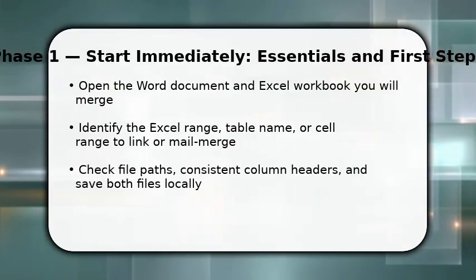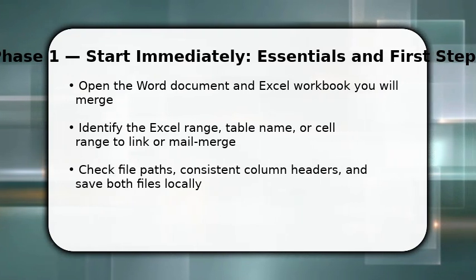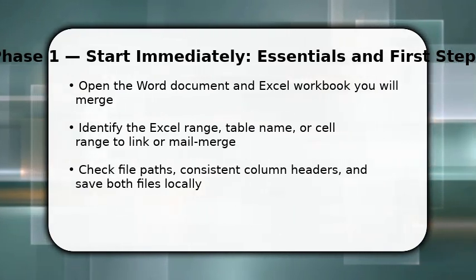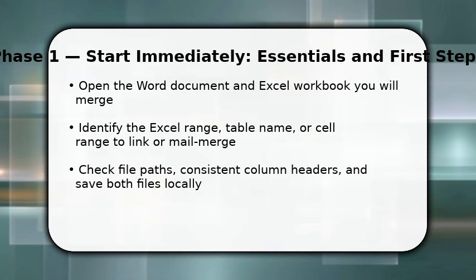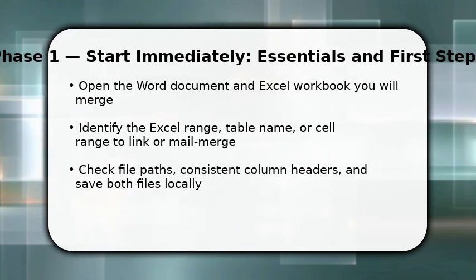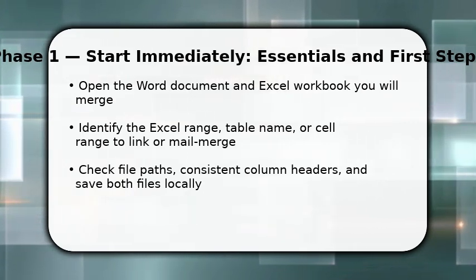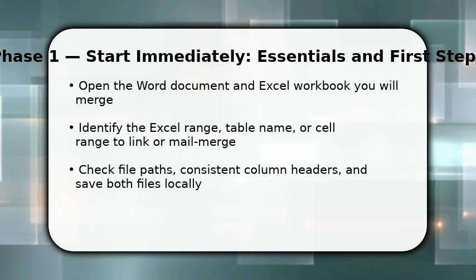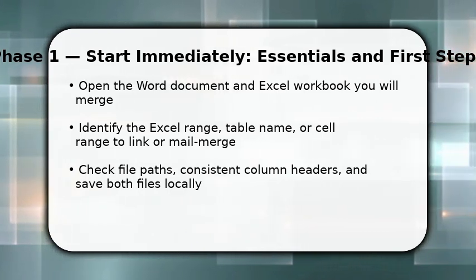You start by confirming the exact data and destination. Open both files now and name the Excel table if needed. Once done, select a clear header row in Excel so Word can map fields reliably. This reduces mapping errors. Make sure both files are saved in accessible folders because Word needs the path to link